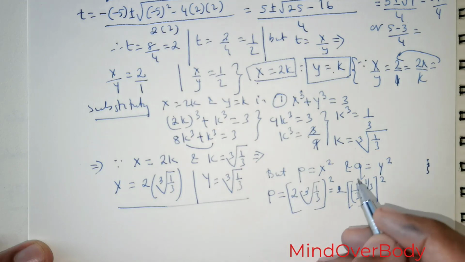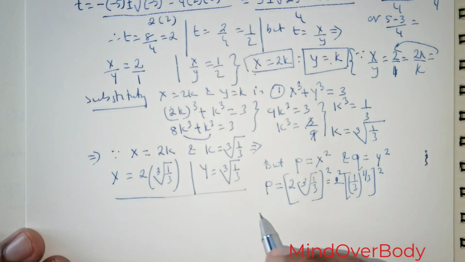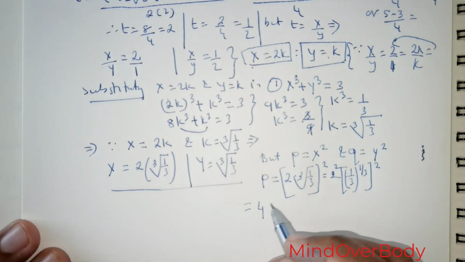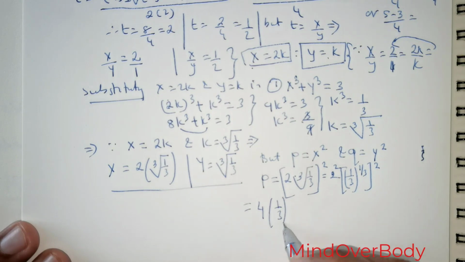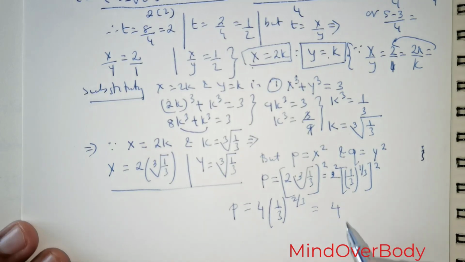Of course, this has to be a square there. So I'm placing the square there. So if I were to expand this, it's going to be 4 times 1 over 3 raised to the power 2 over 3. So this is going to be my value of p. If you want to write this further, this is going to be 4 times